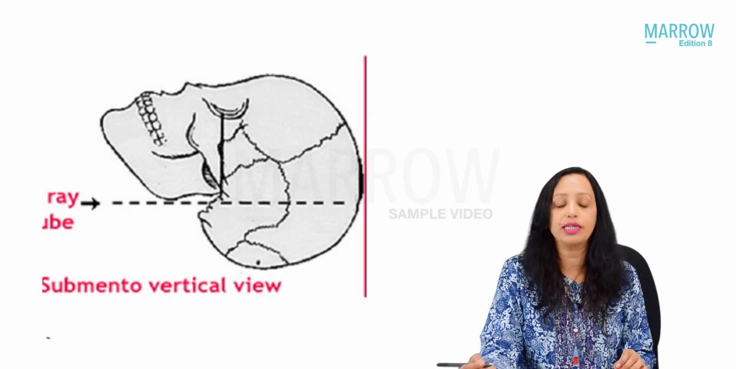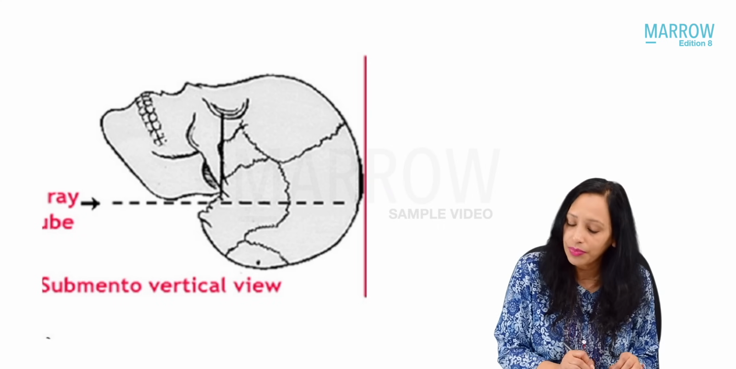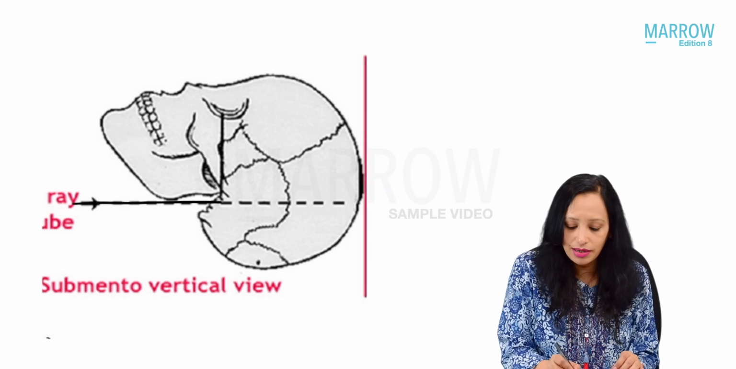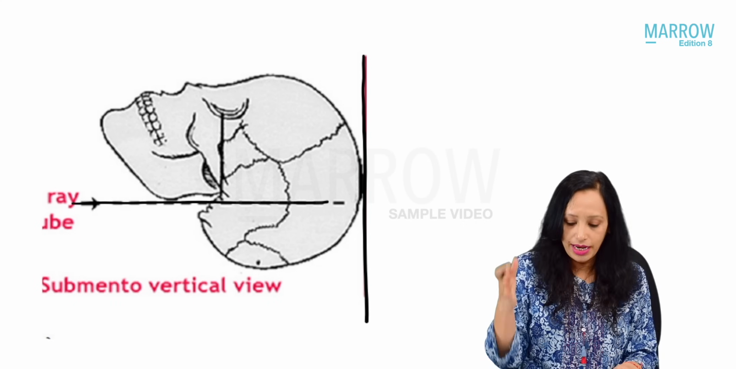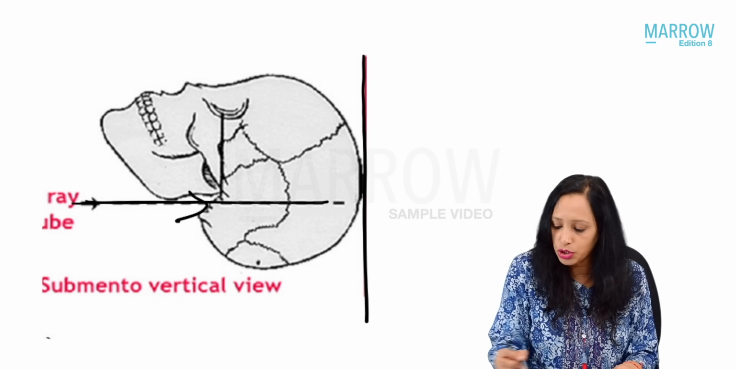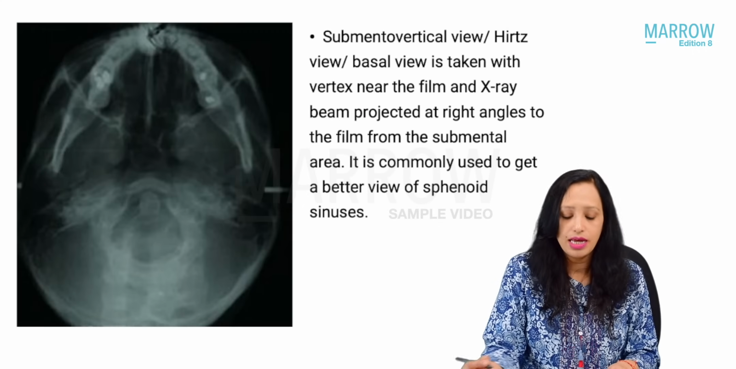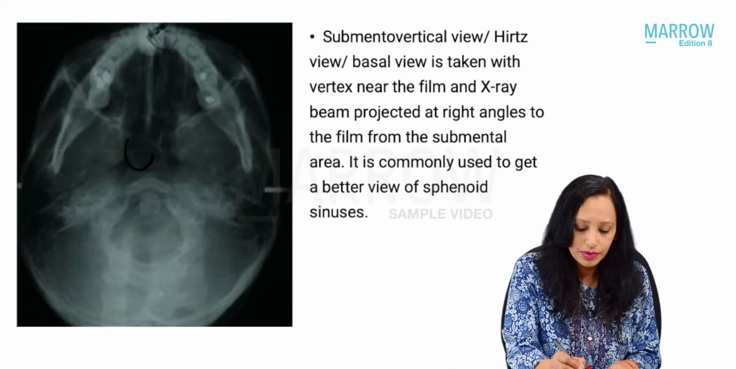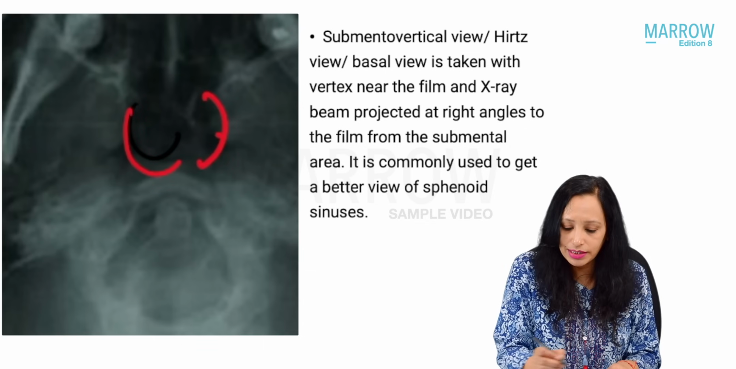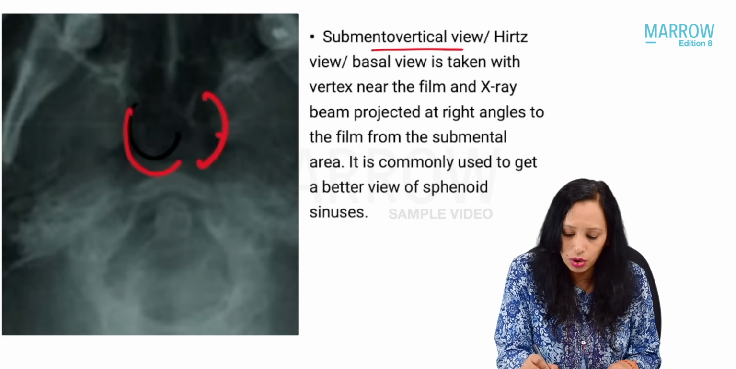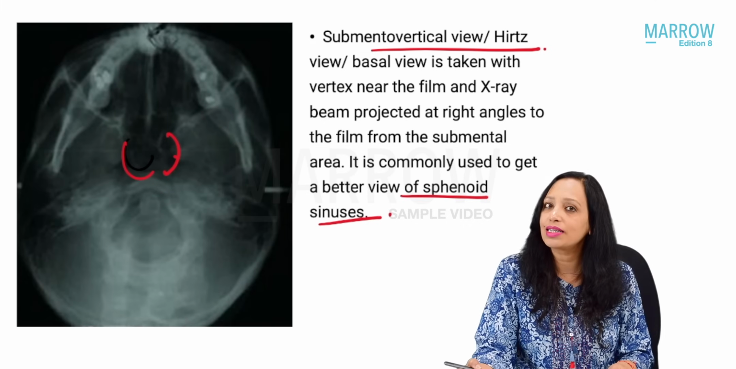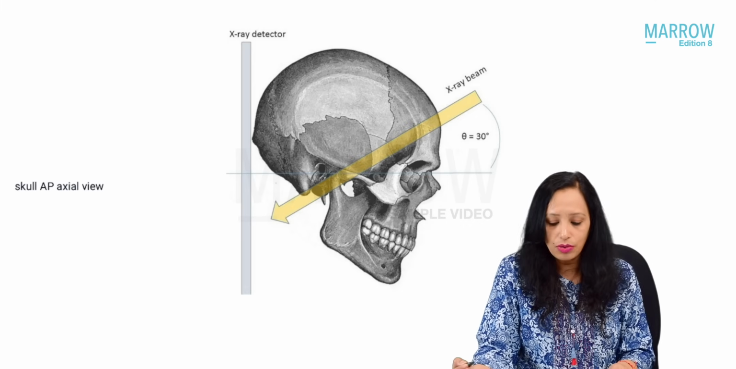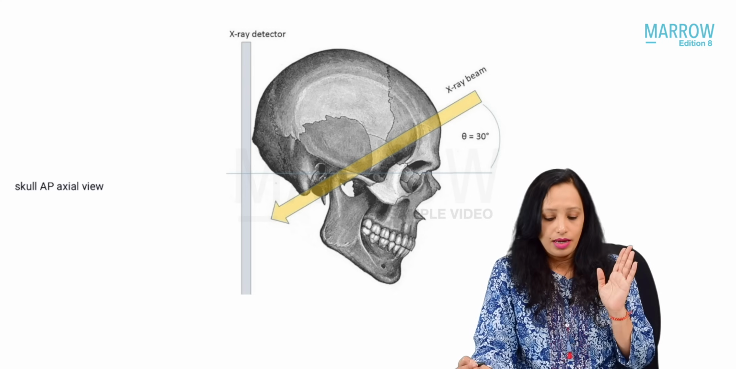What is Hertz view? It is a submental vertical view. So when you are passing the rays like this, the head is on the X-ray film, the beam is passing like this. What you are able to see is the sphenoid sinuses. So you are able to see the sphenoid sinuses. The Hertz view is the submental vertical view, and this is for sphenoid sinuses. Now what is Townes view? Now Townes view is when